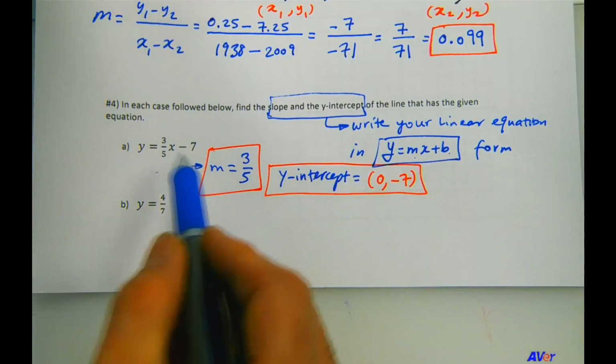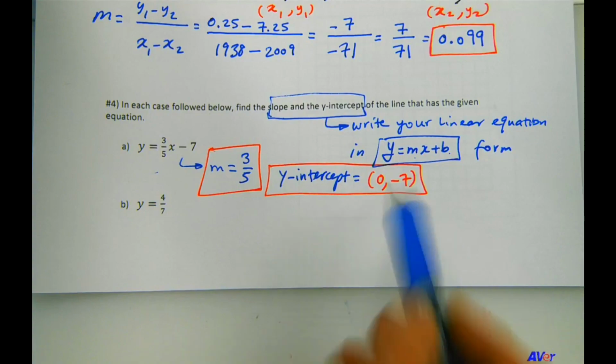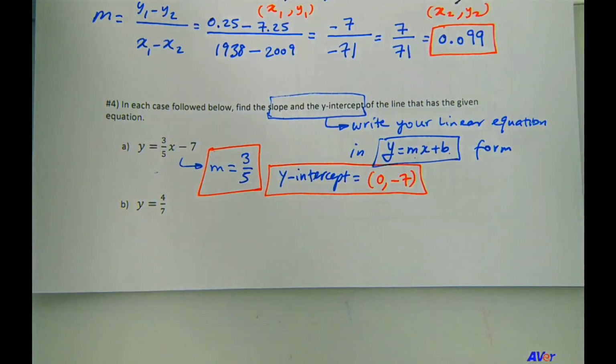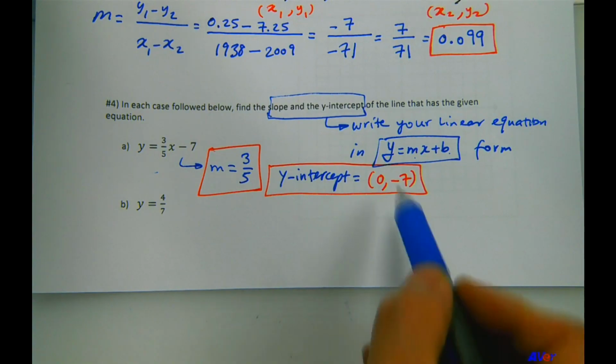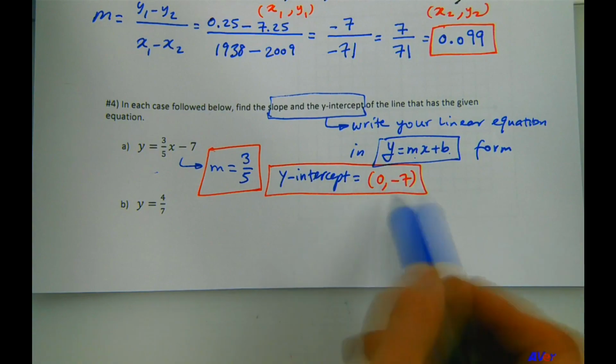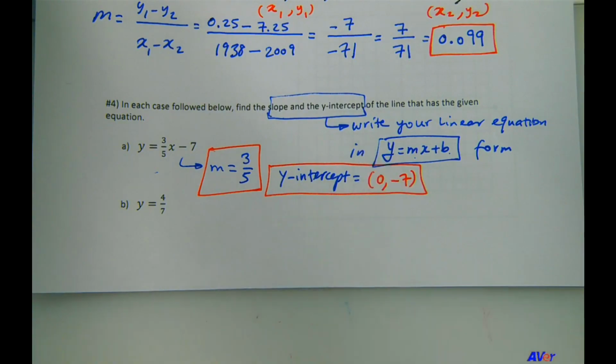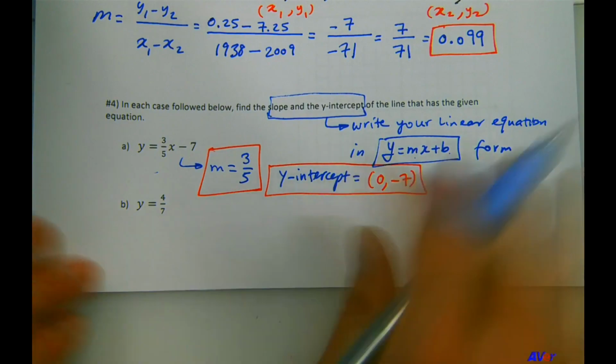On paper, if you say -7, it's acceptable. If you say 0 comma -7, I accept it. But on the computer, please make sure before you enter your answer for a question like this, I'm sure you're going to have homework questions in the computer in MyLabMath that would be like this. So please make sure before you enter your answer in which format the computer accepts it. If it accepts -7, enter it as -7. If it accepts it as 0 comma -7 with parentheses, then enter it like that. Okay. So this one,